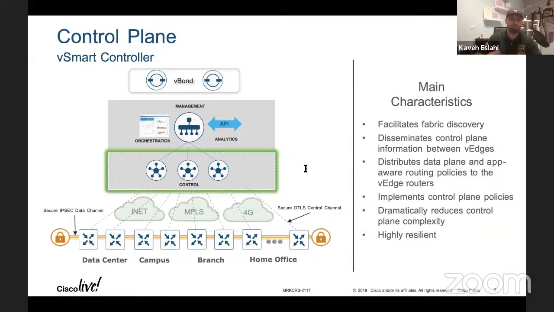And you can do the discovery for all the routes. And all of these fabric routes in the network, they're going to pass this information to the other V-Edge and C-Edge devices. And it's also used to distribute the data plane information, the data plane policy. When you do want to reflect the data plane policy or app-aware routing, what is app-aware routing? So when you do want to forward the